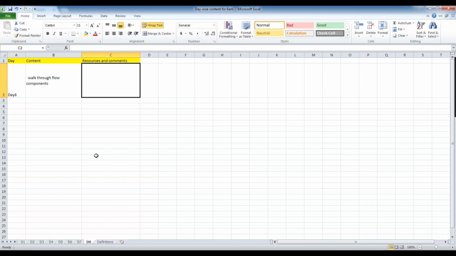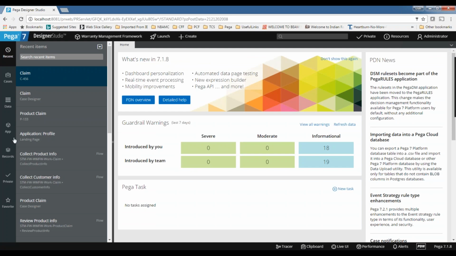So in the last session we discussed how to configure the stage steps and how to configure the process as well. Now we will see that every step is a flow rule internally. What are the steps you are creating from the case designer, internally the system creates the flow rule for them. The flow is nothing but a graphical representation of some shapes, and we should know the meaning of each and every shape, so that if we want to configure the flows manually, we can.